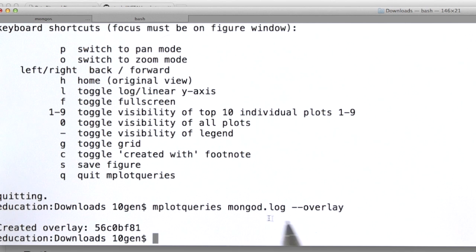So I run the same command that we did at the start to generate our scatter plot, and this time I pass in --overlay. So it doesn't actually display a graph. What it does is it creates an overlay, and the next time I run mplotqueries without the overlay command, it will take anything that's been created and cached here (you can reset the cache and things like that)